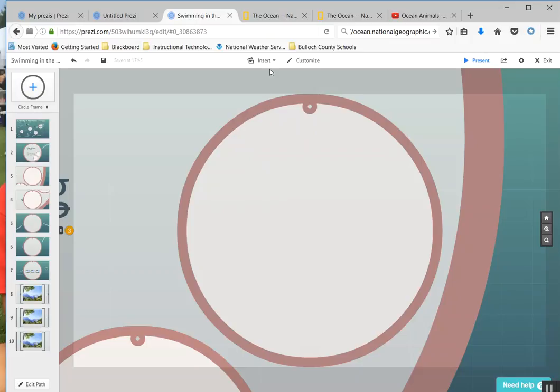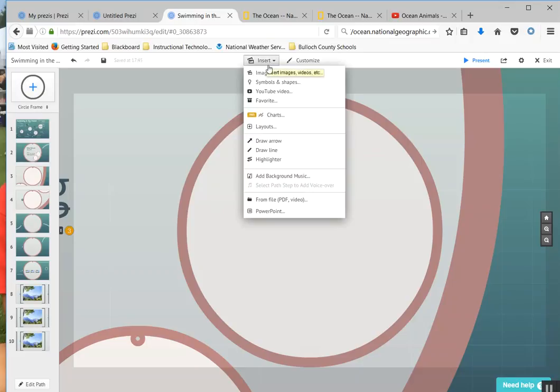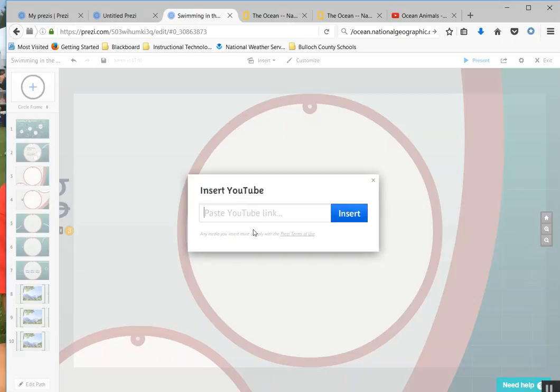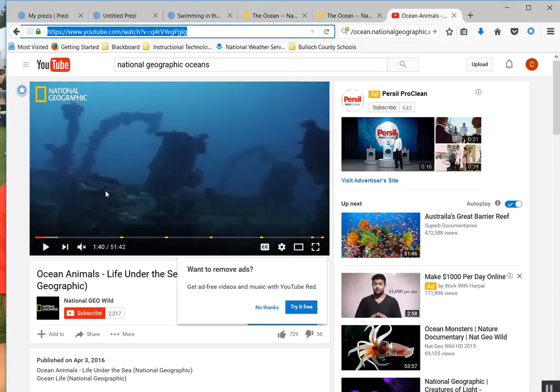If I want to add a video, I go up to my insert. There's an option for YouTube videos. I click on that YouTube video and see it has a place for you to link that YouTube link. Right now I've got the YouTube set up here. I've got a nice National Geographic video. I can highlight the URL for that video,